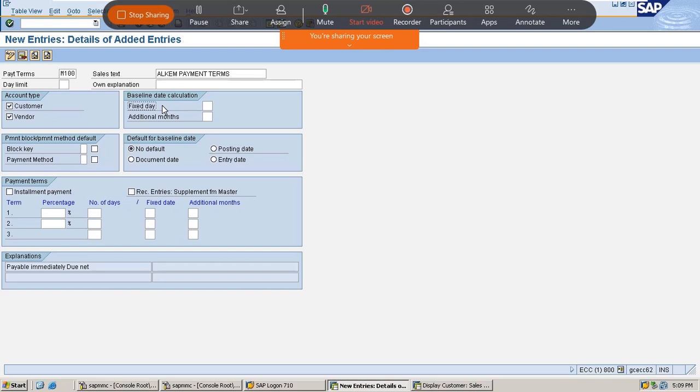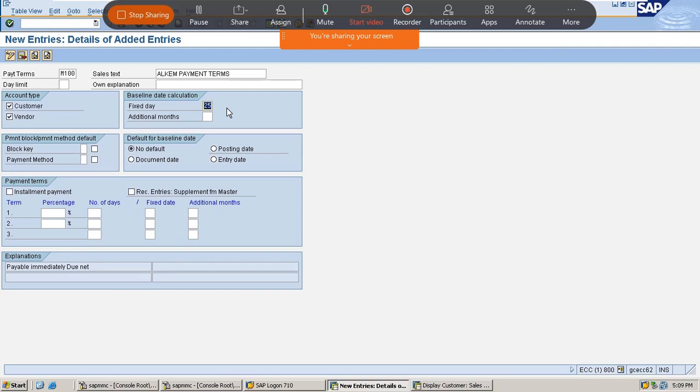What it means is, if we have given the fixed day as 25th, for example, and if the invoice date is 26th, or if the invoice date is 10, and if we have assigned this payment terms to the customer, then the payment terms will get calculated based on the date which we have given in the fixed day. It's nothing but on 25th.